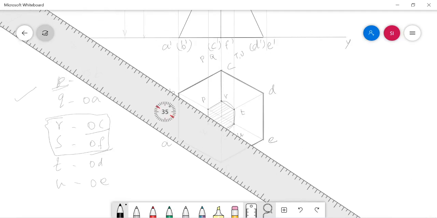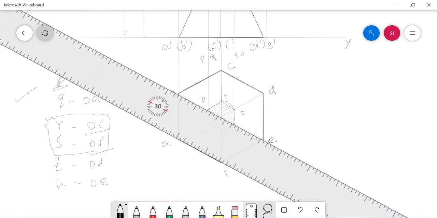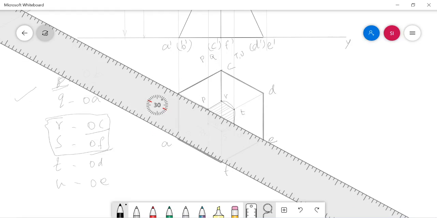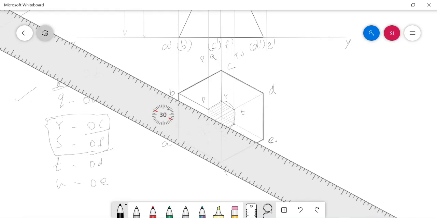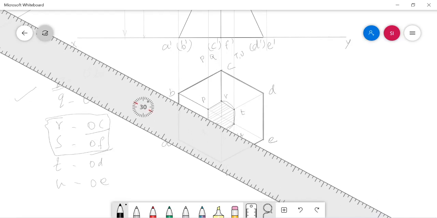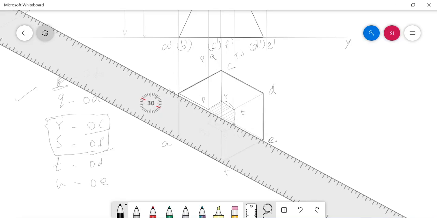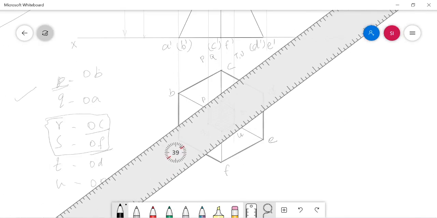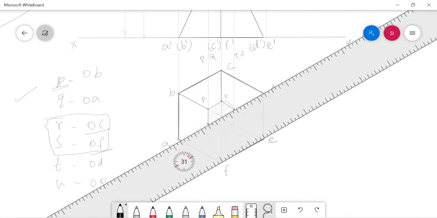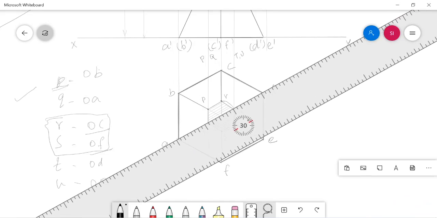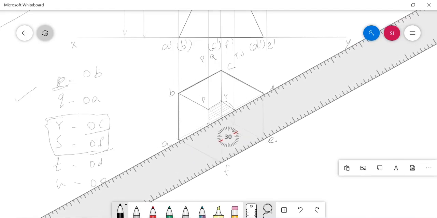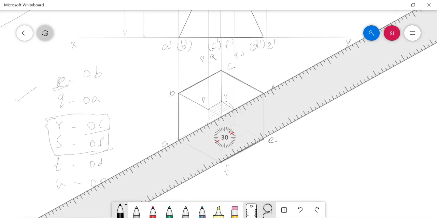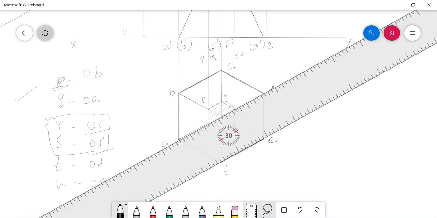Before sectioning it's OB, now it is PB, and before sectioning it is OE, now it is UE. And before sectioning it is OA, now it is QA, and before sectioning it's OD, now it is TD.